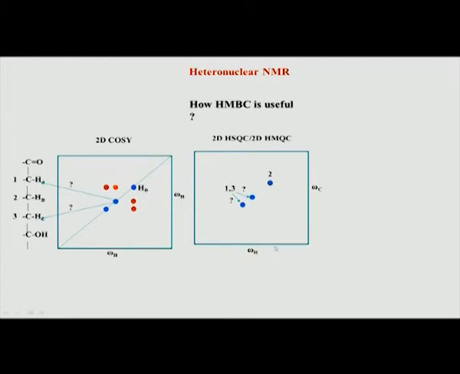How did I get this information? I got the information because I looked here and I have somehow assigned this H beta, H b, because H b is showing correlation to both. So, I know that H b has to be in the center of the 2. So, again, in this kind of system what we are trying to use is a simple logic based argument. We are not relying on the chemical shift value. All our arguments here are based, intuitively, on the connectivities, and this is how NMR typically works, that we normally go first by the chemical shift correlations, then by the connectivity information, and third by using chemical shift values also.